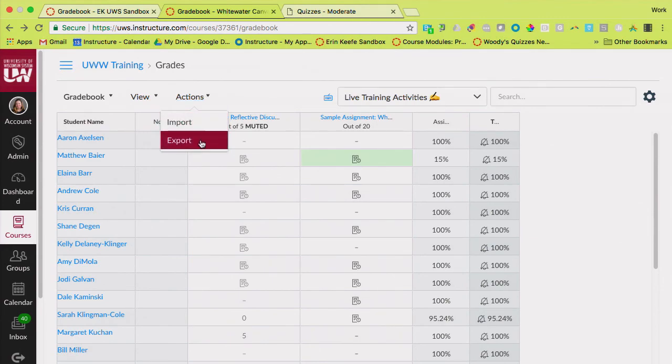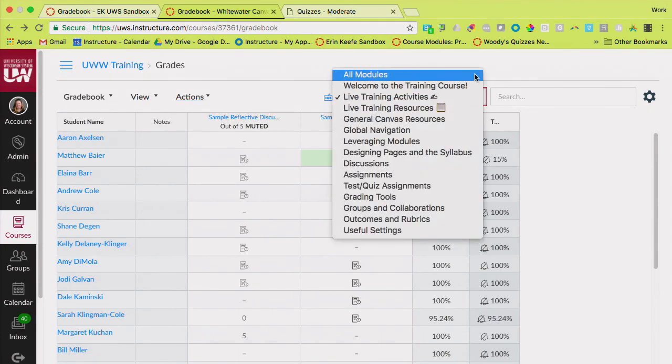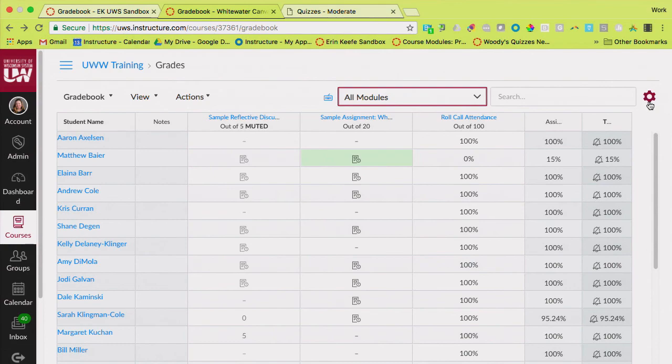Another action will appear here. That is going to be sync to Student Information System. So you can send your grades back. It's just not here yet, but this is where it'll live. You'll see a button to sync your grades to, what do you guys call it here? WINS? Yeah, to WINS.